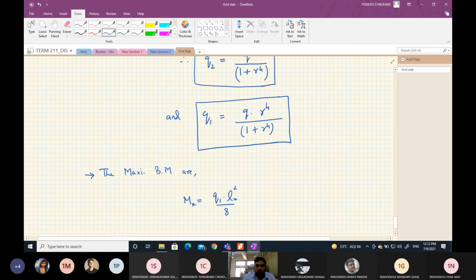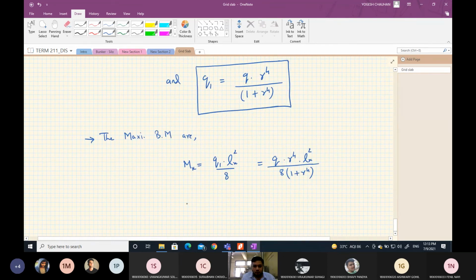Okay, Q1 is the intensity of the load in strip along x direction. So substitute the value of this Q1, which is equal to Q times R raised to the power 4 times Lx square divided by 8 into 1 plus R raised to the power 4, and similarly My will be equal to Q2 Ly square by 8, and Q2 is Q